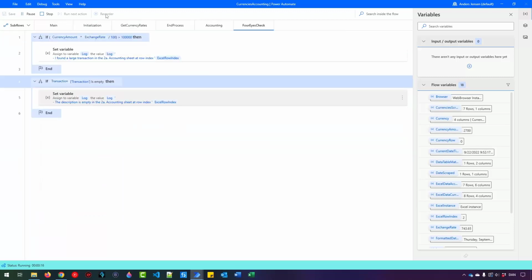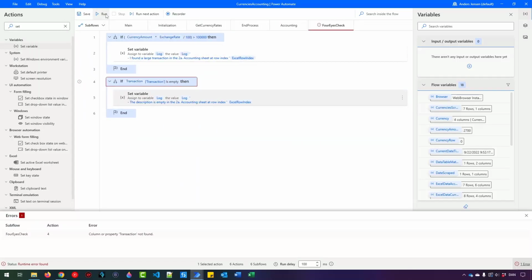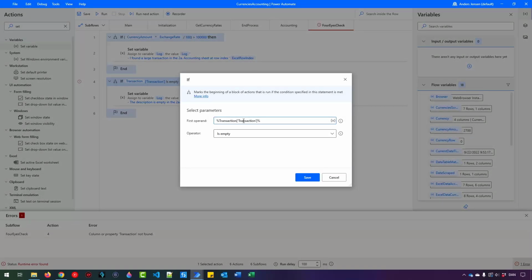So, oh, isn't it just beautiful to look at? And here, yeah, we had the error. We said transaction. This should actually be description. So again, even me,